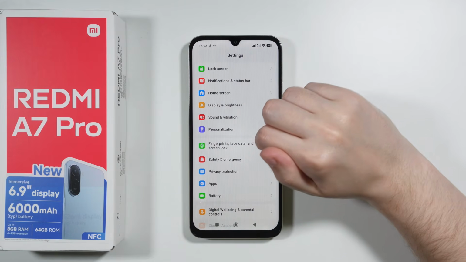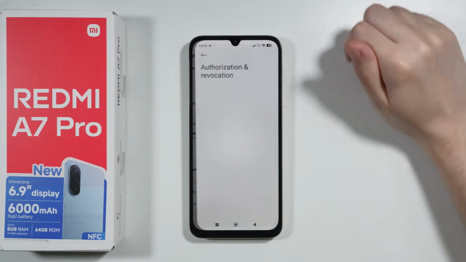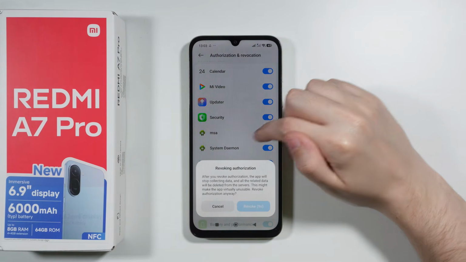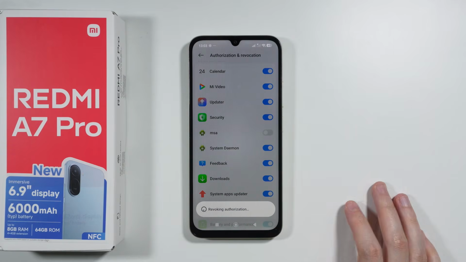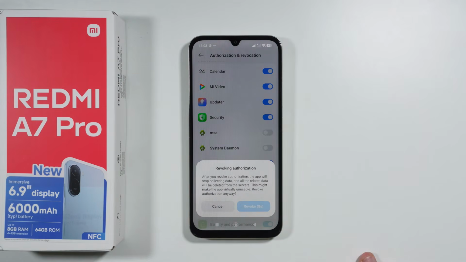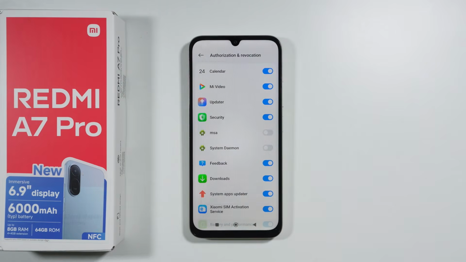And besides that, it is also worth going to fingerprints, face data and screen lock. Over here you want to choose authorization and revocation, and you want to disable two apps over here, the MSA app and System Daemon. Now if you try to revoke the authorization, then you need to wait 10 seconds before you can actually do so. So you want to wait 10 seconds and tap on revoke. Let's do the same thing with the System Daemon app over here and just wait one more time and then revoke the authorization. So disabling these two apps should prevent, at least in theory, seeing more ads